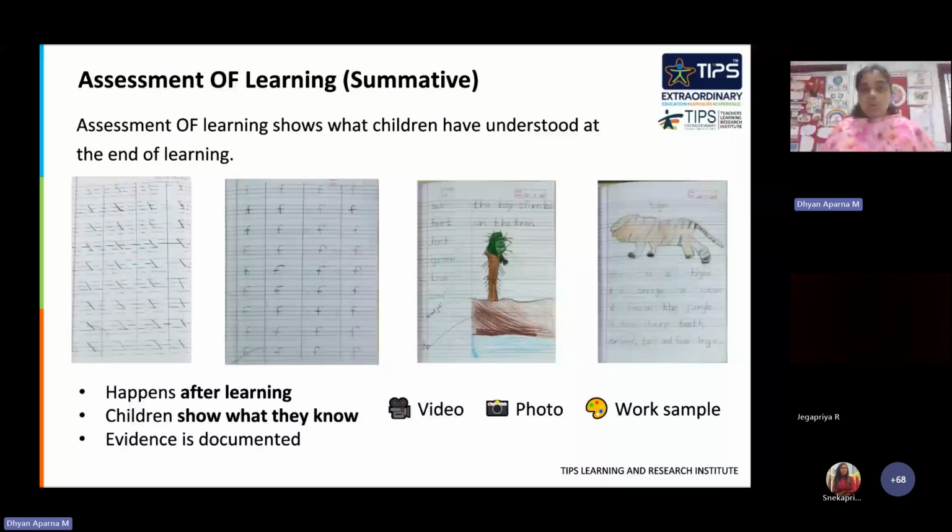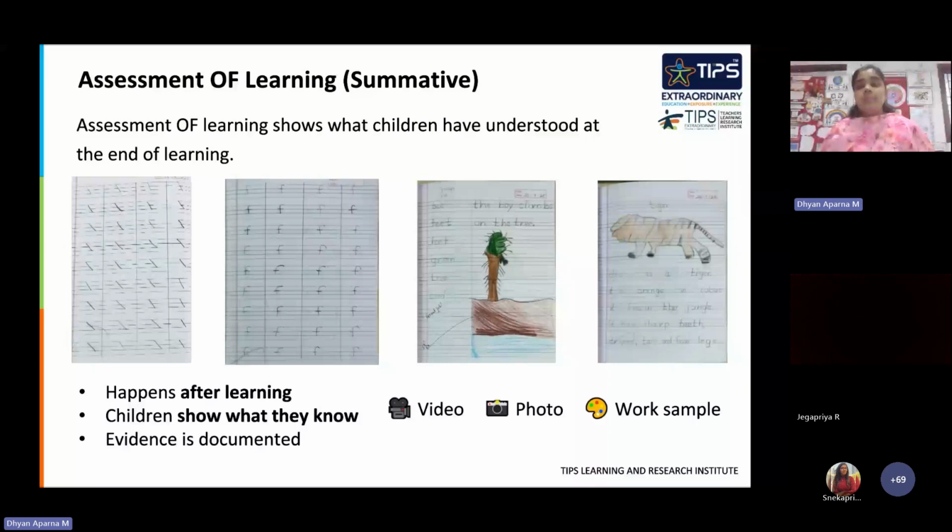Now, if you take a look at all these images, you have to take it as a whole learning process and not as an isolated task. For example, if you look at the fourth picture, you can see the child can write sentences. To reach this final stage where the learner is able to write simple sentences, a lot of learning has already taken place. First, the learner has practiced writing the basic strokes, then slowly moved on to letter formation and slowly practiced writing the words. And only after experiencing all these things, the child is now able to write sentences.